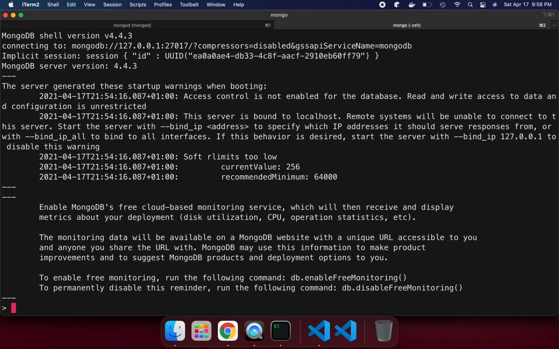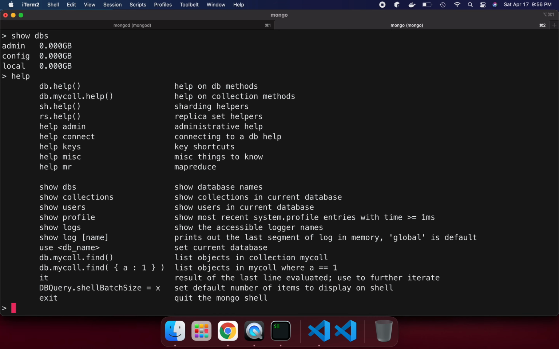If we want to look into the help, what options do we have here? Let me see. We have these DBs options available. If we want to run help, we can just type help, and we can see all the help is available here.